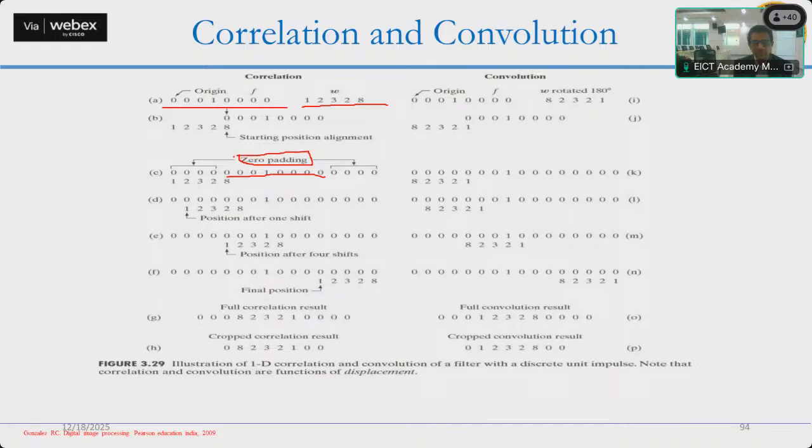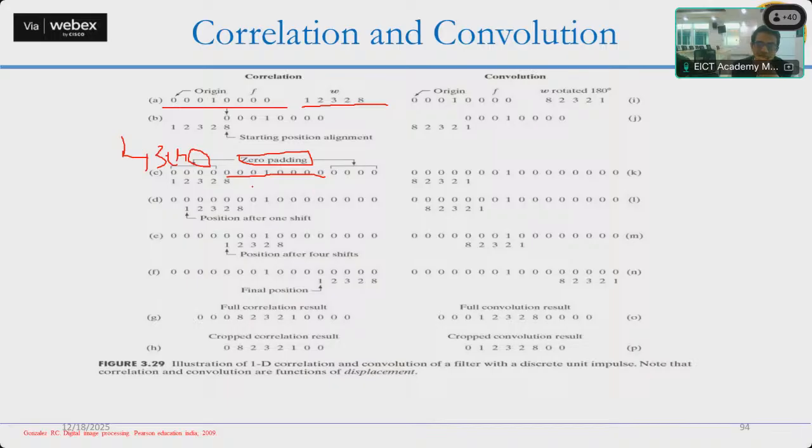It means we add the zeros in the beginning, or better, we append the zeros in the beginning. How many zeros do you append? Definitely as many zeros as can take care of the other elements of the mask. So this is 1, 2, 3, 4, and 1, 2, 3, 4. So 4 zero padding that we do here.